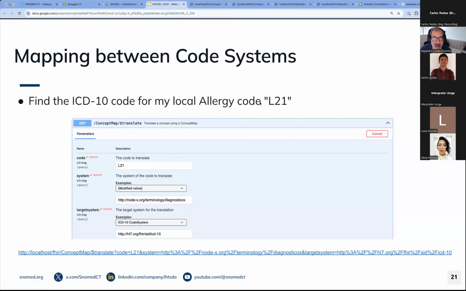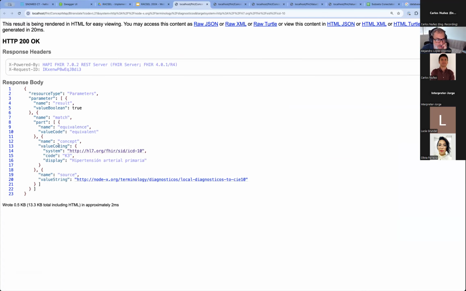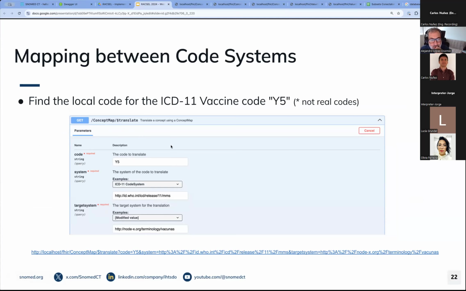If I want to obtain the ICD-10 for my allergy local code L21, then I run that, and this is diagnosis, it's not allergies, L21. Then I touch and it says K3 is the name in ICD-10. I do the operation following the mandatory parameters of each of the operations. For ICD-11, I'm just making it up, okay? But if I have E5 or Y5